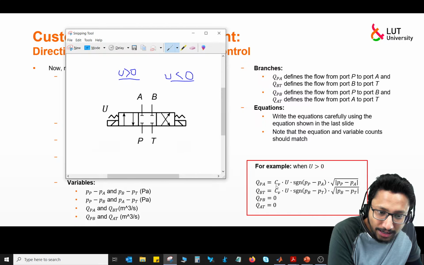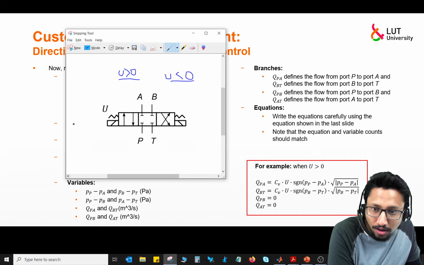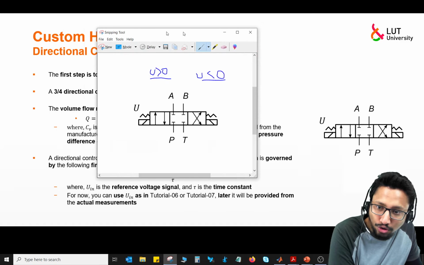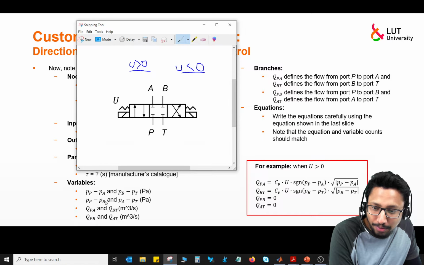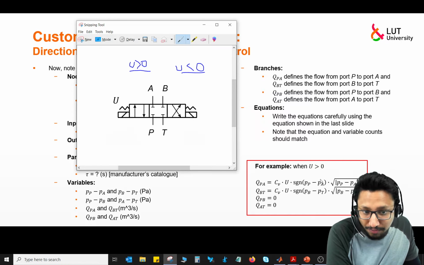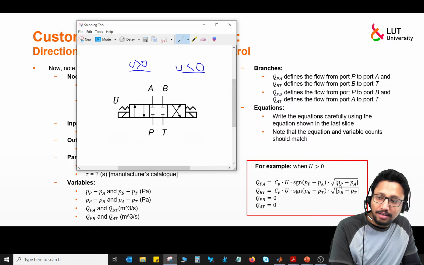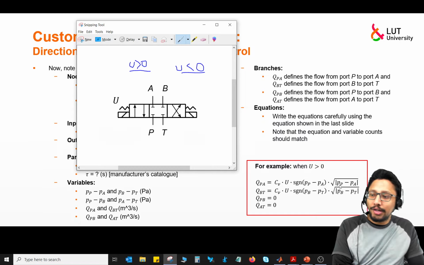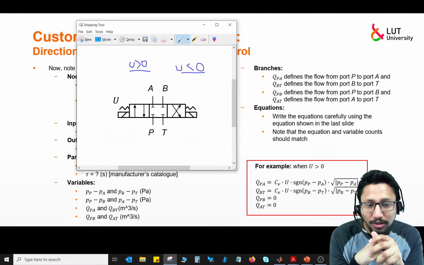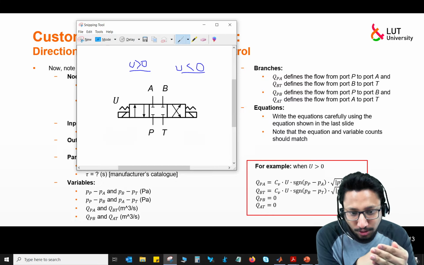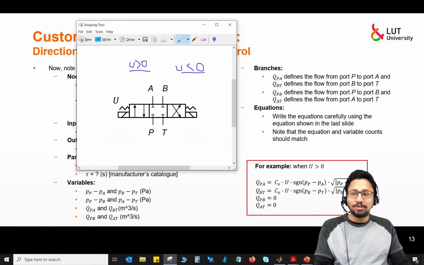So for that case, when U is less than 0, you need to define their equation using the previous equation which I have showed here, and you need to assign the associated pressure difference and the associated variable to that. Obviously I have just provided an example for U greater than 0. You need to write the equations for yourself for U equal to 0 and U less than 0, because we expect you to do that already and understand these equations carefully.